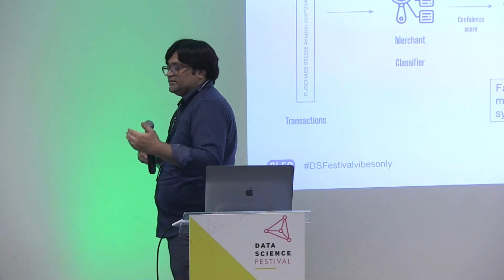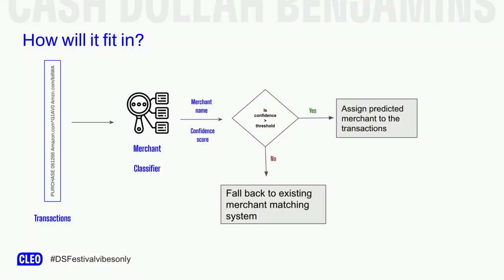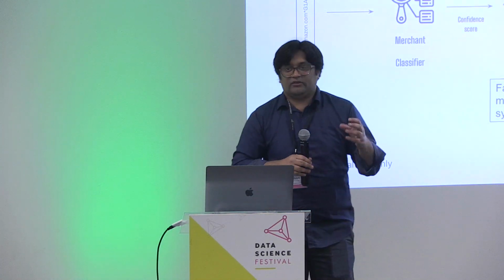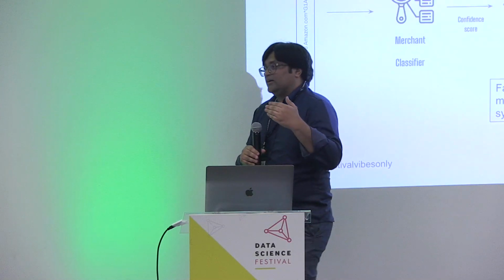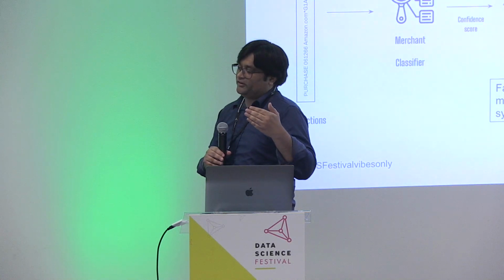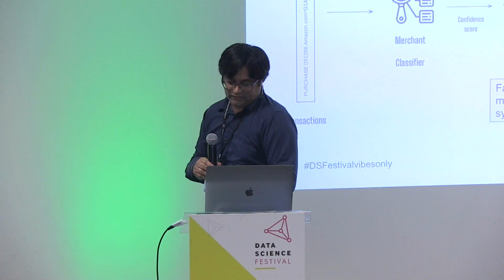If the confidence score is greater than some threshold, which can be determined by the training AUC and validation AUC, or which we can also learn online after a few iterations, then we can assign the merchant to it. If not, we fall back to the existing system of regexes and pattern matching to allocate the merchant for the long tail end of the merchant database that we have. In this way, we have a new system that addresses most of the issues and targets most of the transactions that we cover, and a fallback to address the long tail.